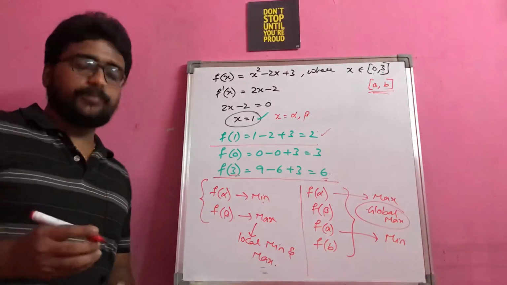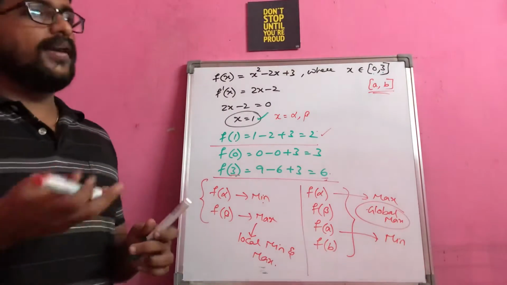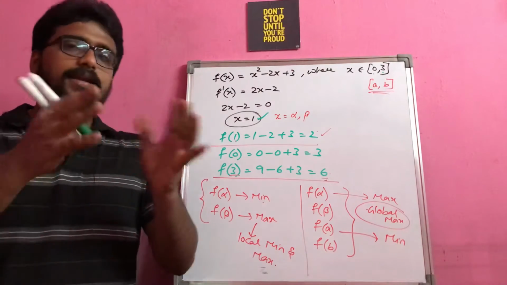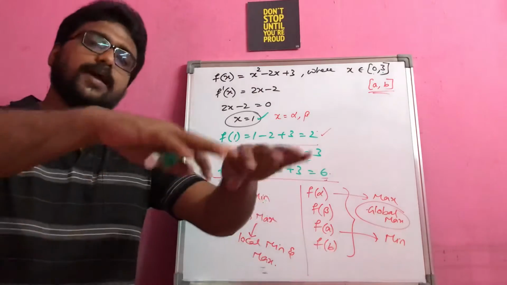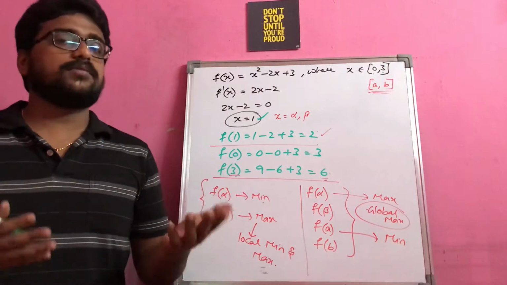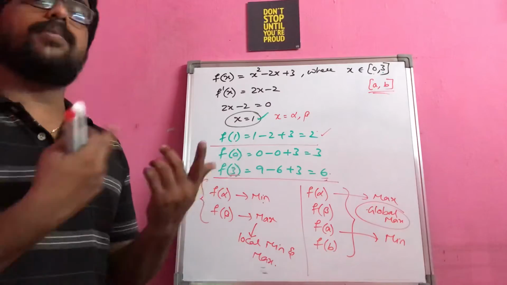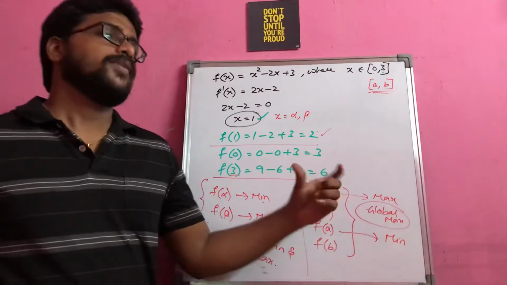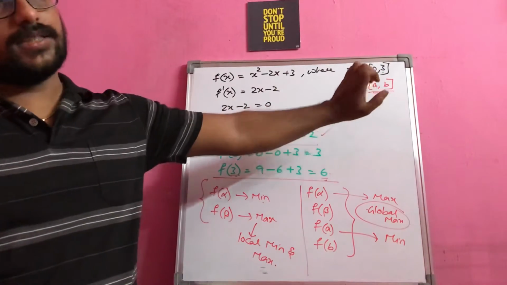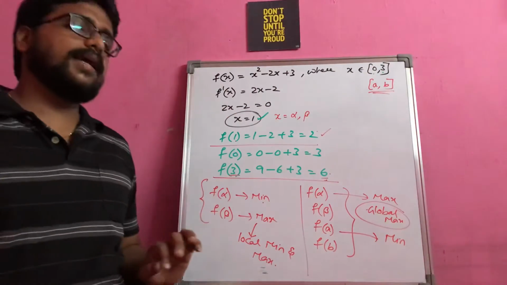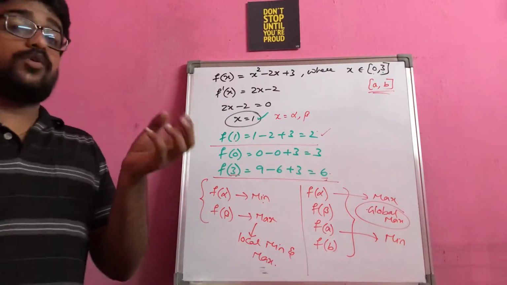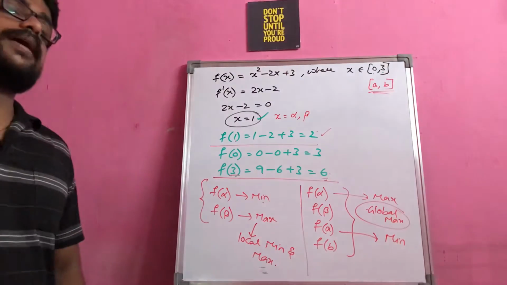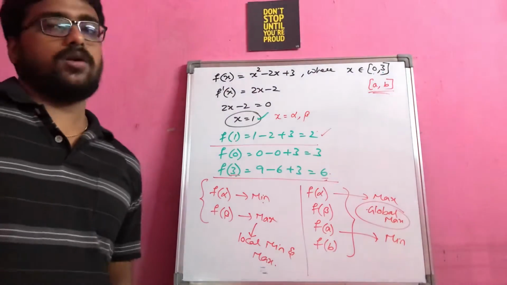It is just a simple thing, like we have a gully cricket player and an international cricket player. A gully cricket player just plays with people around in your street, whereas an international player plays globally, right? That is why we call this global maxima, global minima, where you take the domain also into consideration. Whereas in this case you are not taking the domain into consideration, you are finding only at the turning points. This type of minima and maxima is called local minima, local maxima.